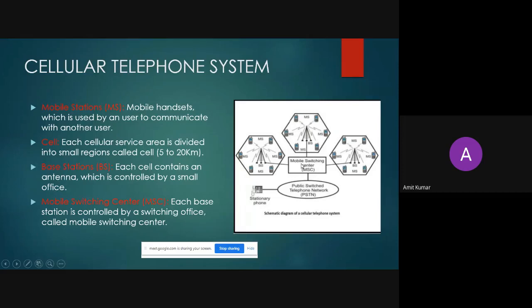So when you are moving from one cell to another cell, what will happen? Your mobile is comparing the strength of the signal. If your signal strength from antenna 1 is lesser than antenna 2, then automatically it will switch the base station. So now you are connected to the next antenna. Now there may be some problem. Whenever the handoff is going on, you can hear a little bit of disturbance because you are moving from one base station to another. तो जब आप ऐसा कर रहे होगे, हैंड ऑफ हो रहा होगा, तो थोड़ा बहुत डिस्टर्बेंस आता है.